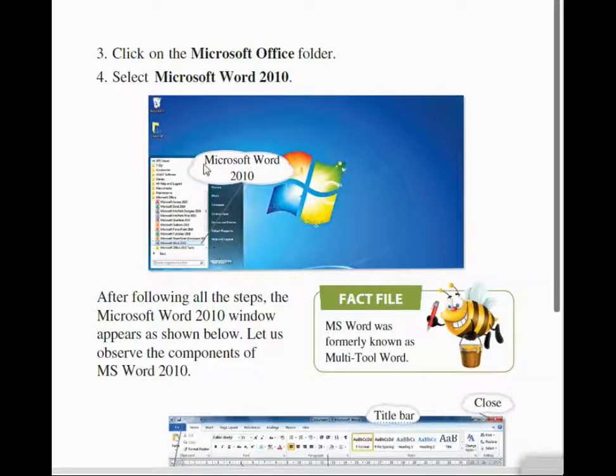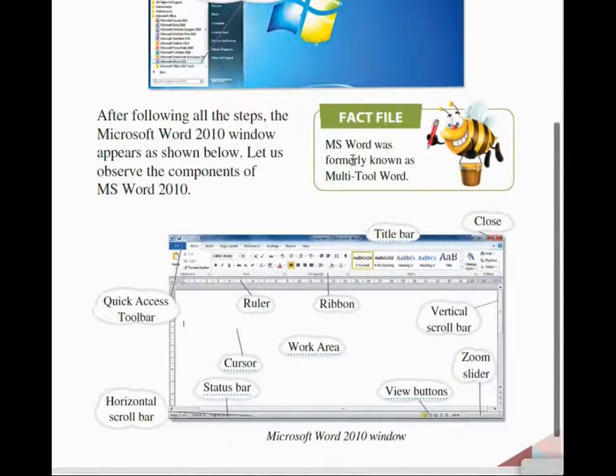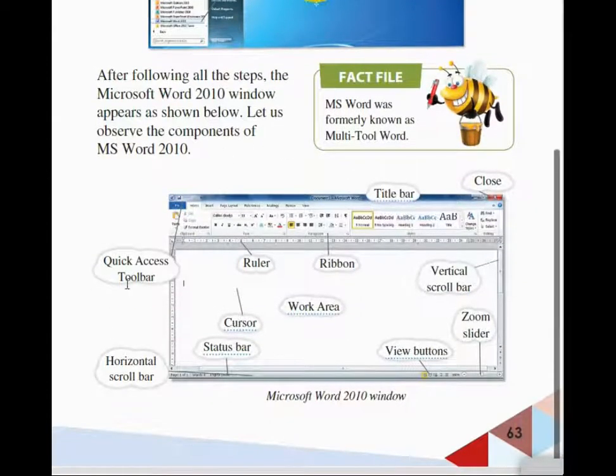Once you click on all programs, a set of programs will appear, and then you have to click on the Microsoft Office folder. Select Microsoft Word 2010. Once you click on that, a window like this will appear on your desktop.